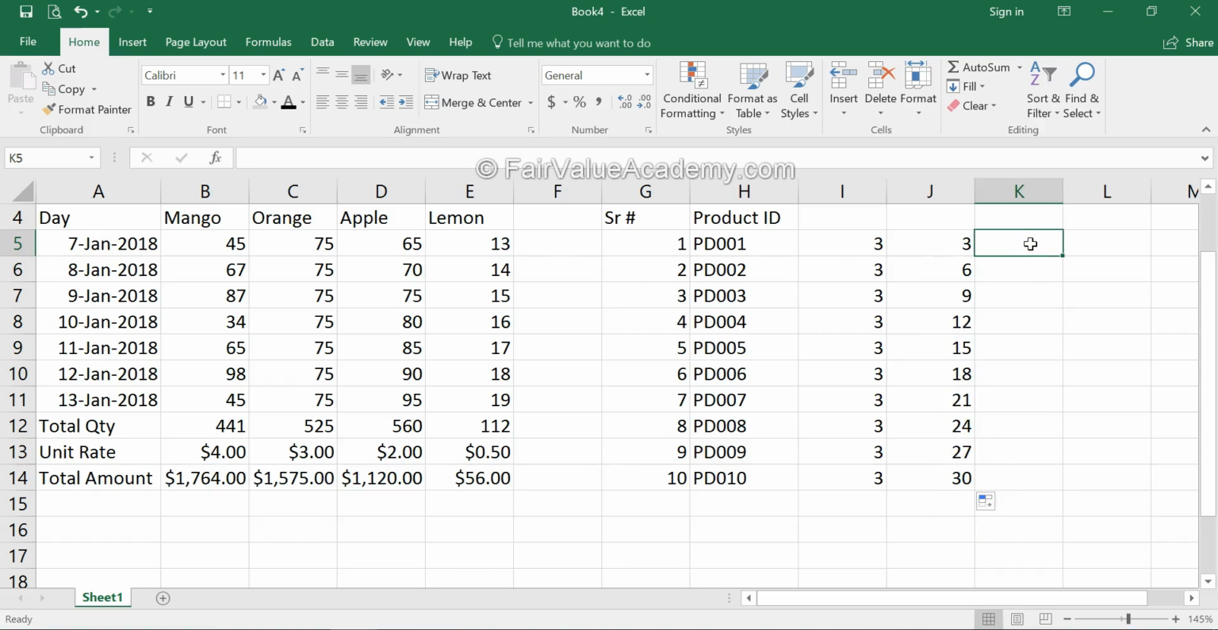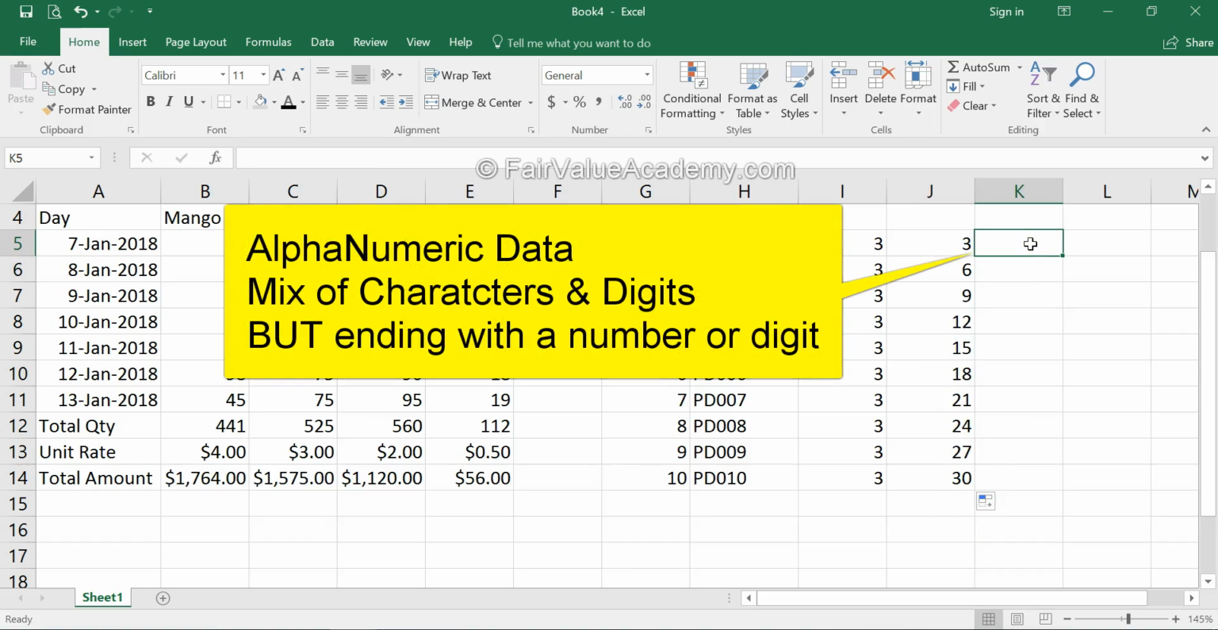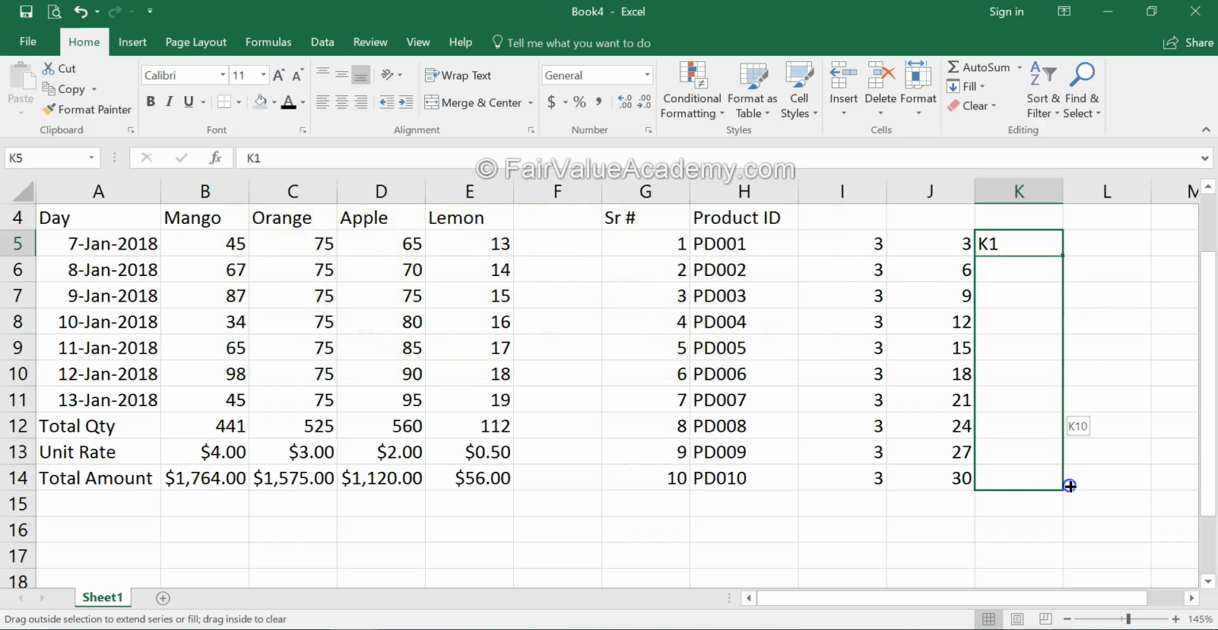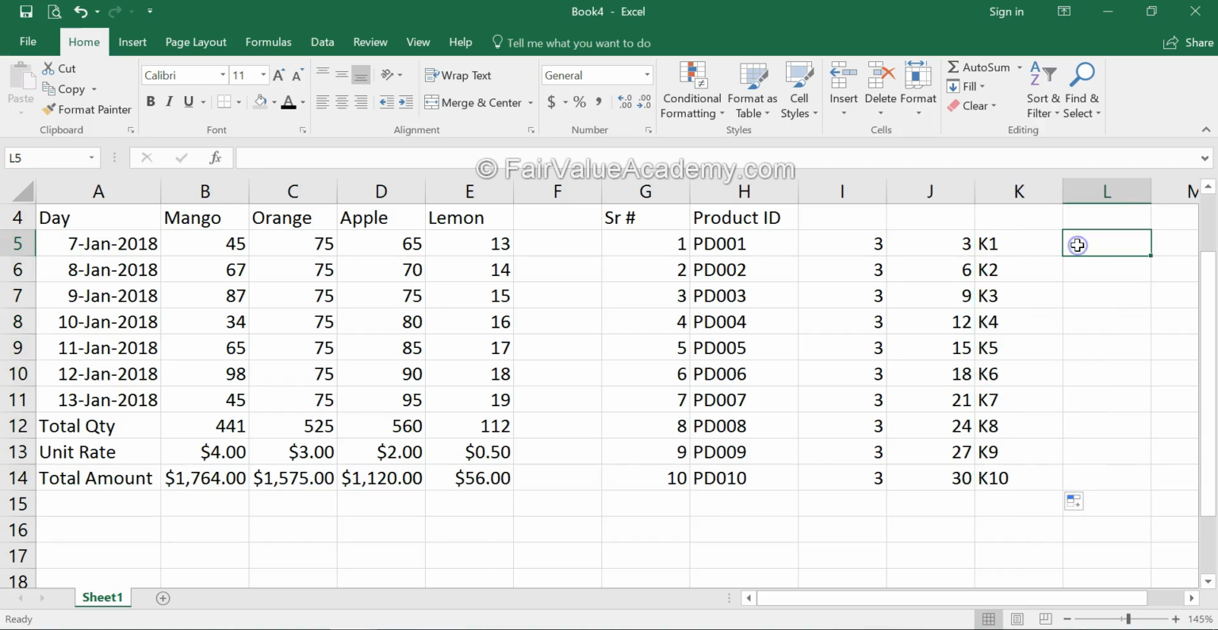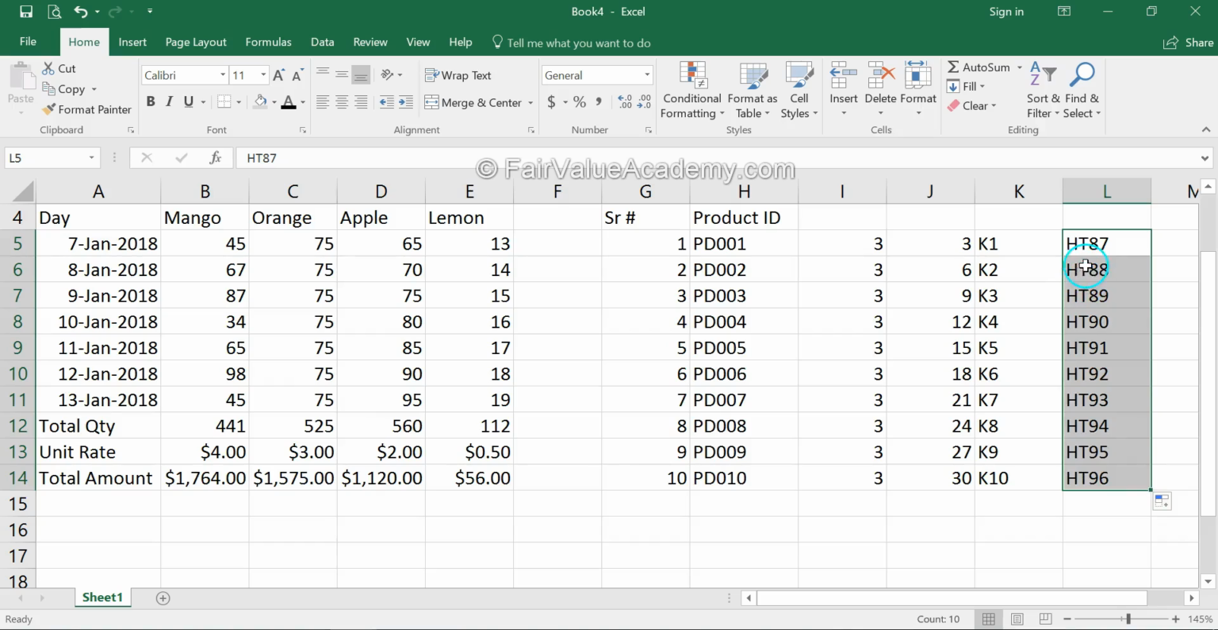However, if you type alphanumeric data, that means you have a text and a number, then in that particular case, even with one cell, you can drag and continue the trend and increment by 1. So it is going to increase by 1. So let's say here I type HT87, and when I drag this, it is going to increase the next numbers